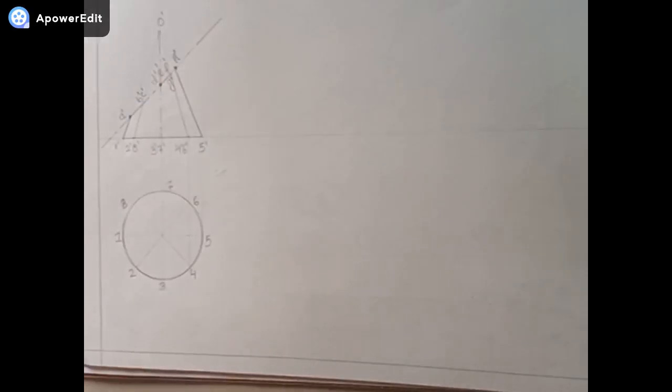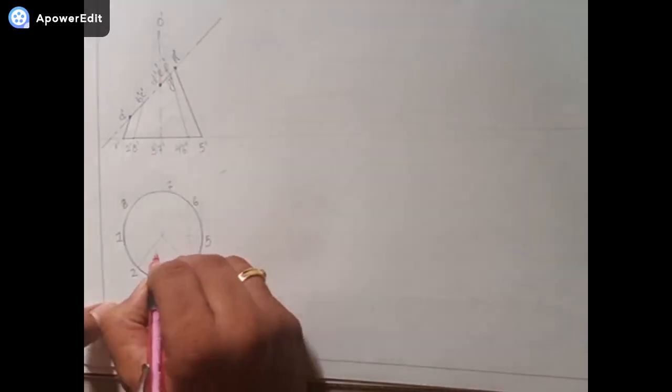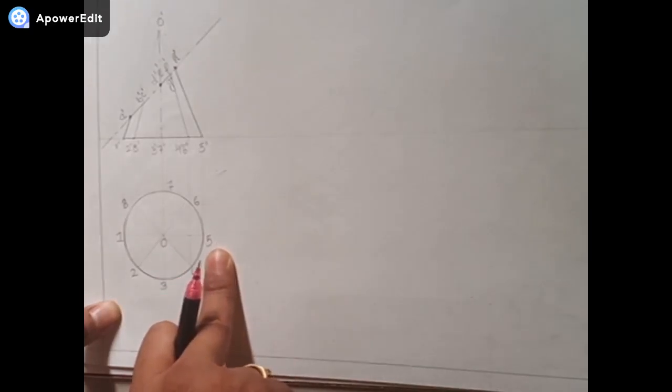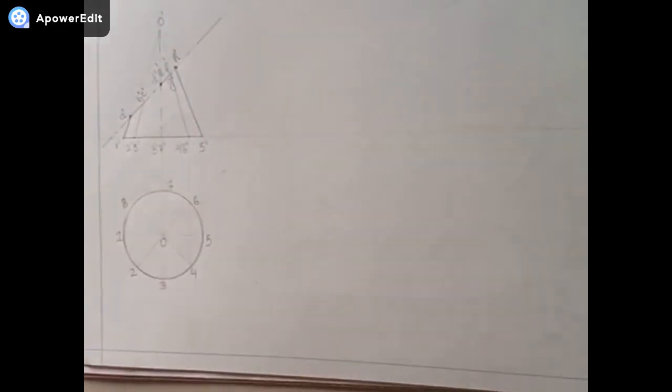After this, the next important step is to mark all these cutting plane points in the top view. First of all, we have to see that, guys, O dash, 1 dash and O dash, 5 dash is the true length of the slant edges. So we can directly take the point A dash and the point H dash on the top view in the slant edges. You can see here it is the point O. So O1 and O5 in the top view, it is the slant edges, that is the true length which is visible in the front view.